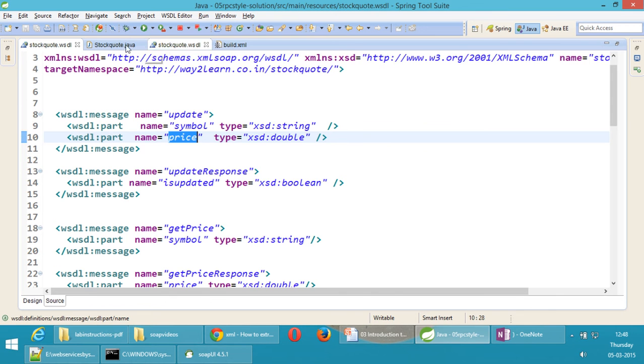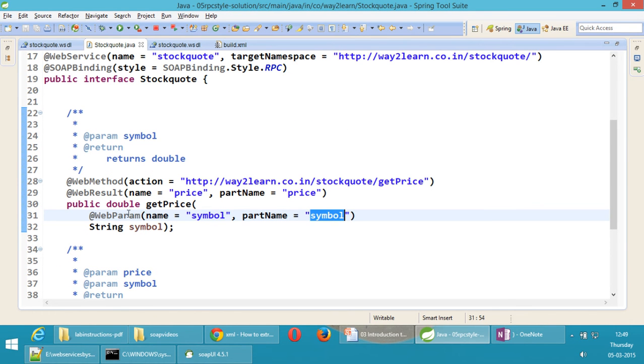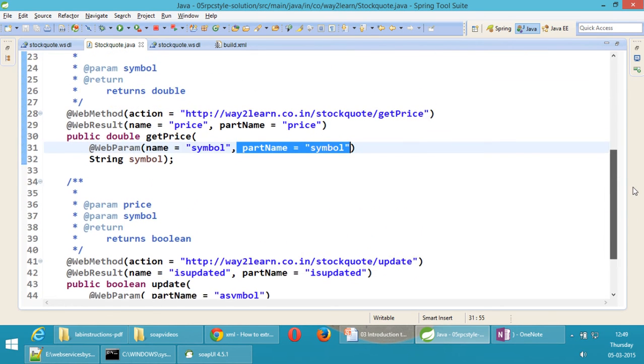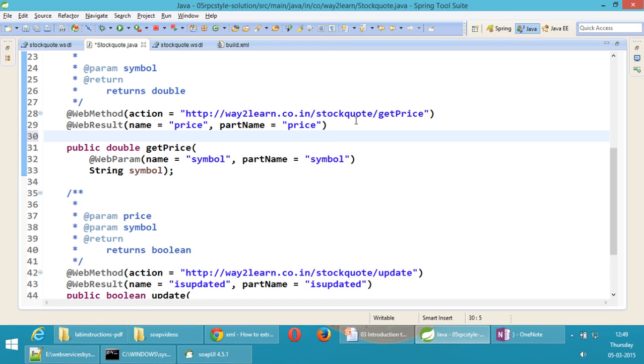So in the interface which is generated, web param, part name is extra. Okay, that is what I want you to observe. And also there is nothing like request wrapper and response wrapper annotations on top of each method. Okay, these are the changes.